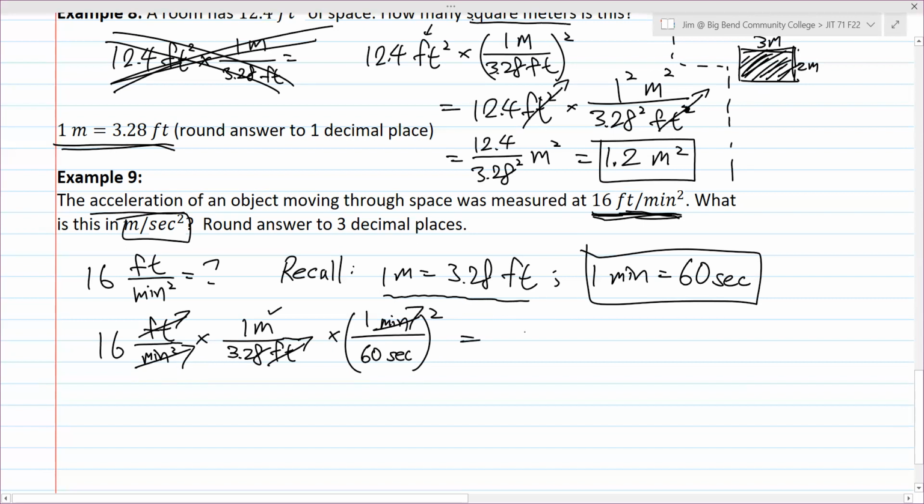So eventually you'll get the info as 16 over 3.28 times 60 squared. And the unit set will be meter per second squared. So plug the fraction to your calculator, and then you will get the final answer, which is